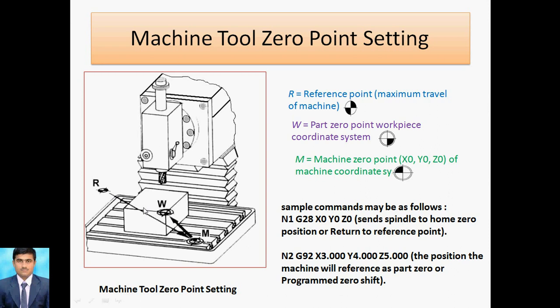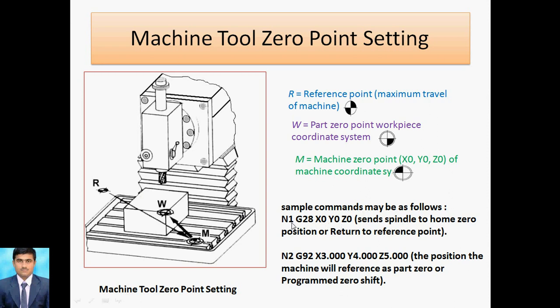So from that end we can start the workpiece. That workpiece is in contact with the tool, and R is the reference. So here is the maximum travel possible, so at that time we can use the rapid travel movement. Here the sample commands are given to you.